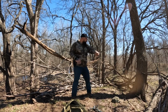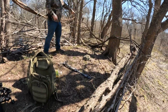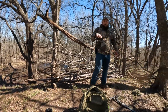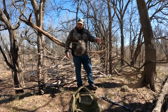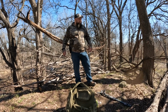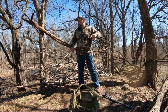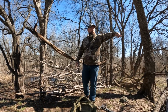And you can see that we got three walls here. We got the front wall, this side wall, and this back wall here. And there's only one entrance point. So right now we're sitting in probably 5 by 15 feet. We'll put a ground blind in here, or we can put just camo up. But we're at an elevation on a hill. So if you look straight down right here,